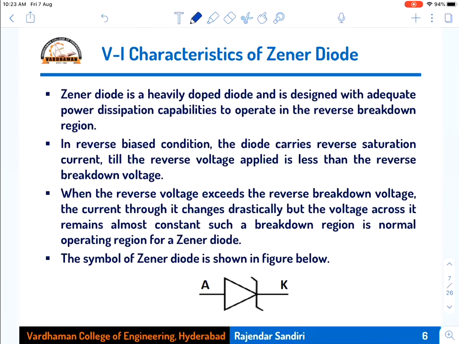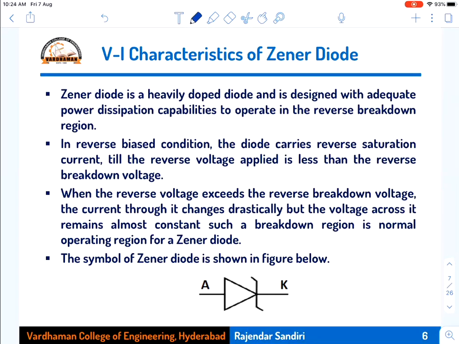Okay, now we'll see what a Zener diode actually is, and what the VI characteristics of a Zener diode are. A Zener diode is actually a heavily doped diode, therefore it exhibits the Zener breakdown mechanism. So it is an ordinary PN junction diode which is heavily doped, and it is designed to exhibit the Zener breakdown mechanism. Therefore, it is a special purpose diode of a PN junction diode. So the Zener diode is a heavily doped diode and is designed with adequate power dissipation capabilities to operate in the